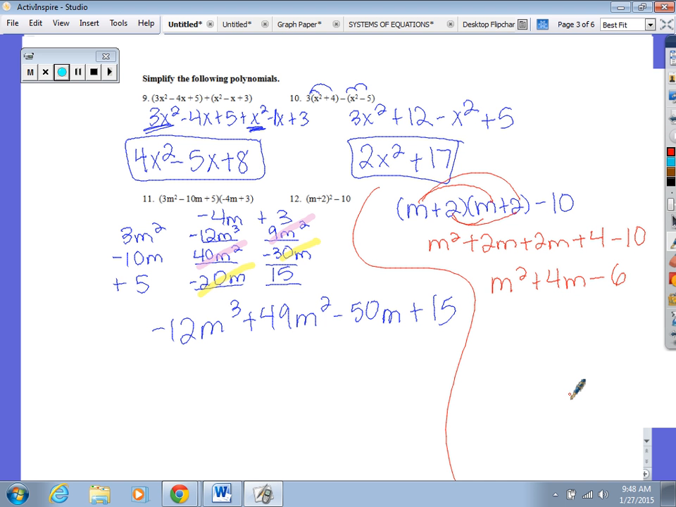You have to know how to simplify polynomials because quadratics, when we're dealing with those equations, they all go by the same polynomial rules. That's why we practice them. You had a question,